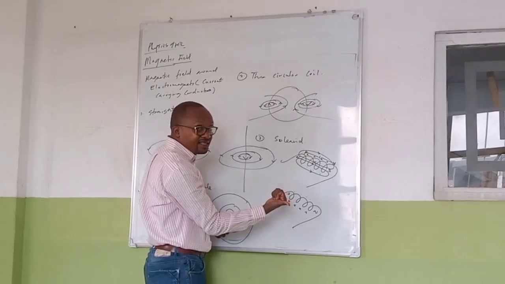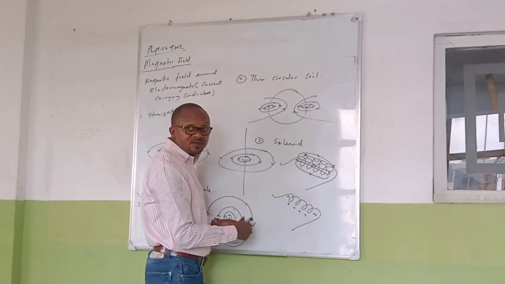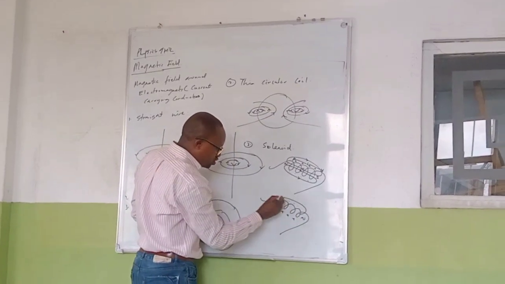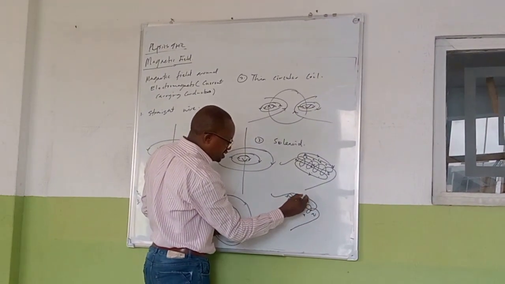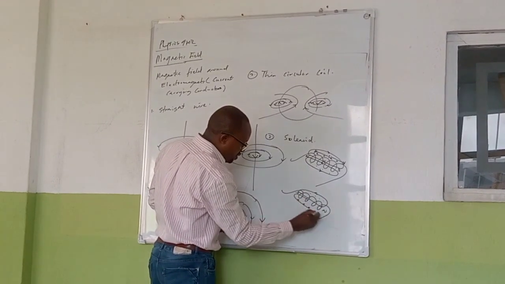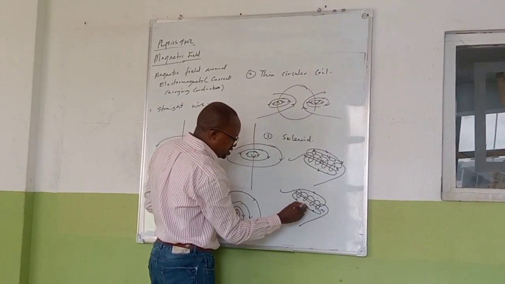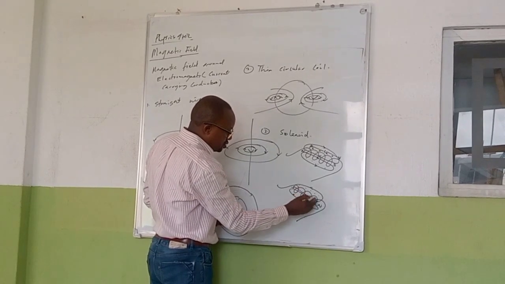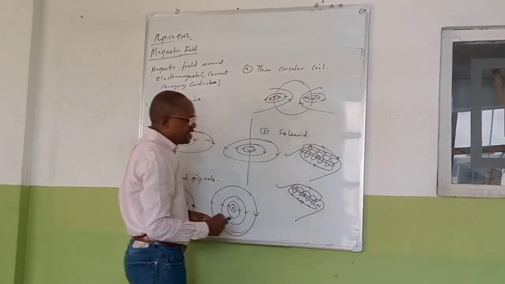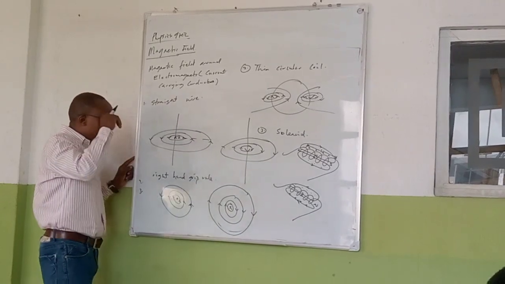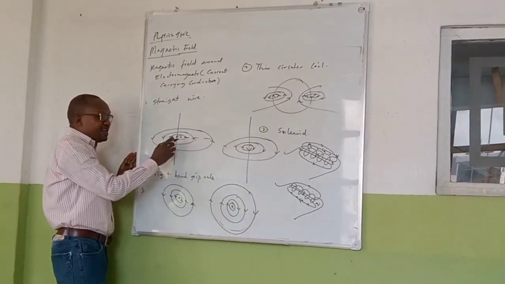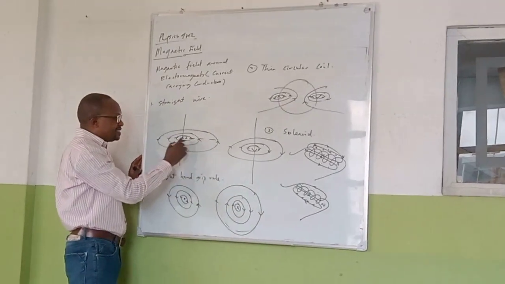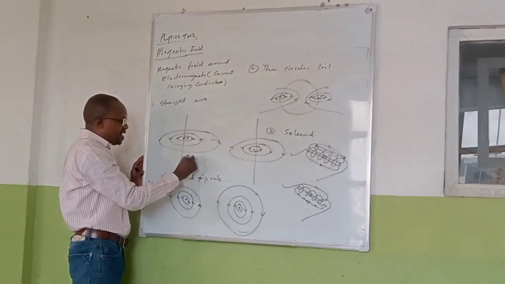Are you following? So the magnetic field lines move from north to south. Inside the solenoid, it is straight. From north to south, inside the solenoid, it is straight. Is that clear? Now we said the magnetic flux density at a distance r from a straight wire is given